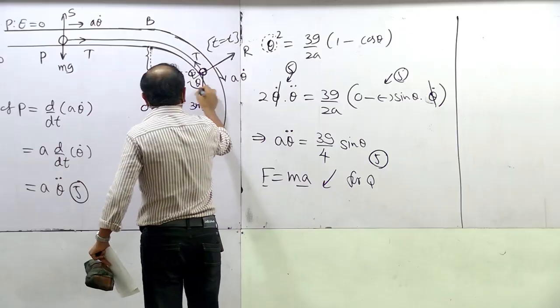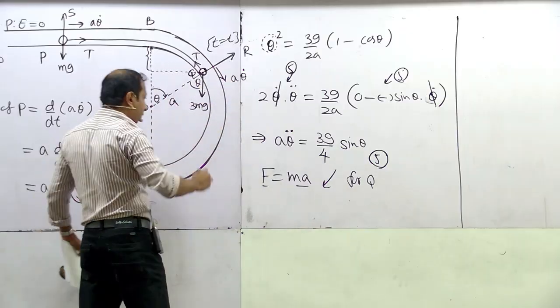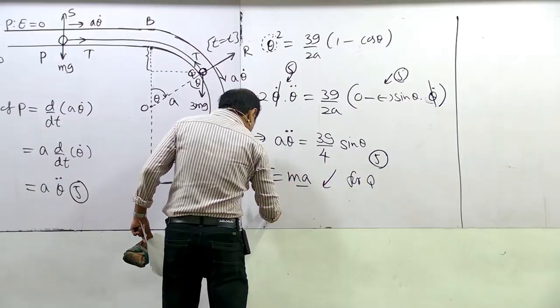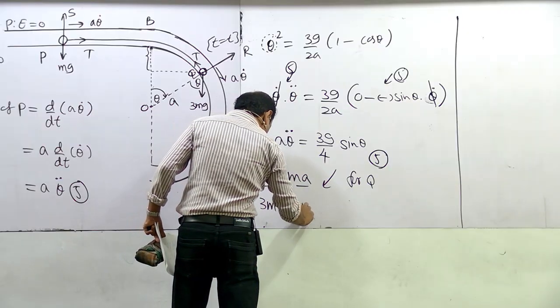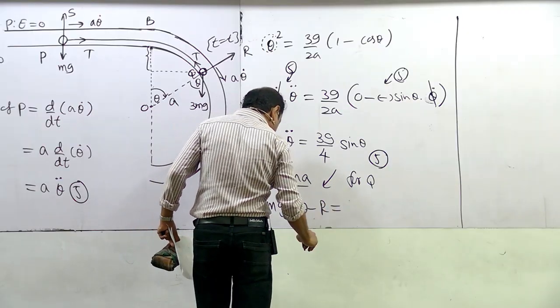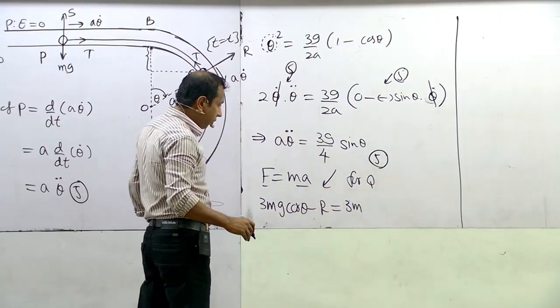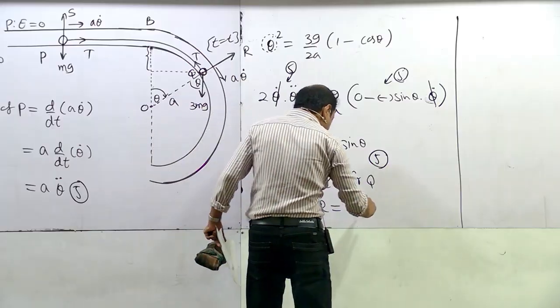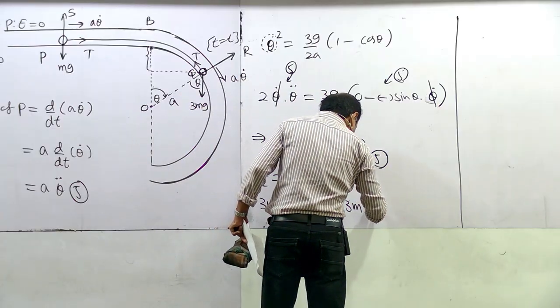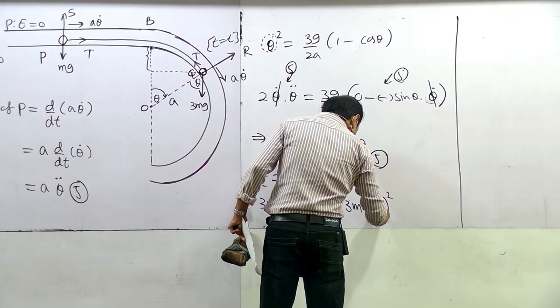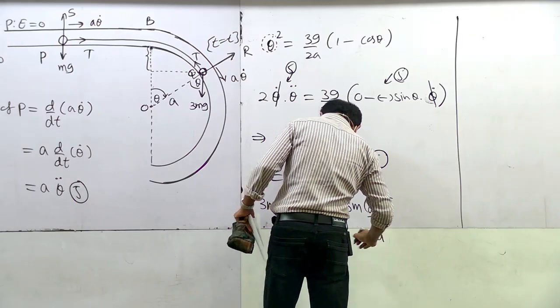This is theta, no? 3mg cos theta minus R equals 3m times centripetal acceleration, which is v squared over a. V means a theta dot, no? V squared over radius a. This way we get,